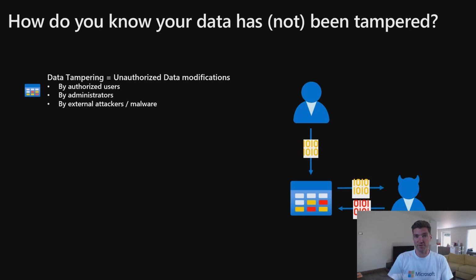Same for authorized users. If you have power users that have access to your database, they can easily open Management Studio or Data Studio and start tampering with the data, and you will never notice it. Or if you look at, for example, external attackers or malware, if they are able to get to your data, they can also modify your data. So